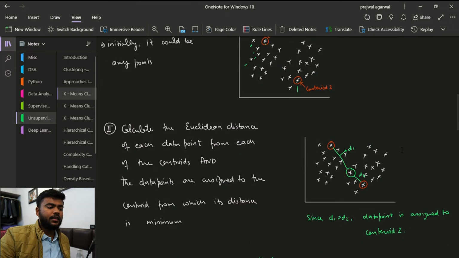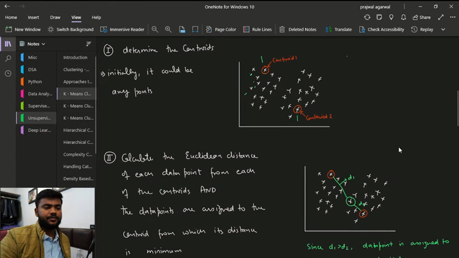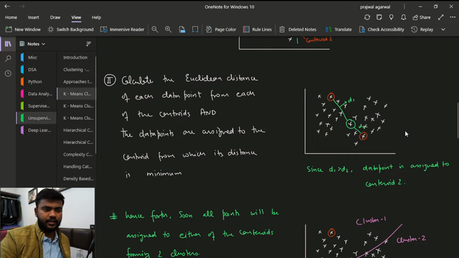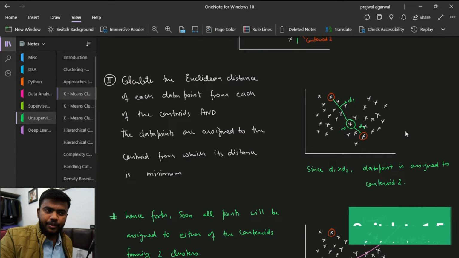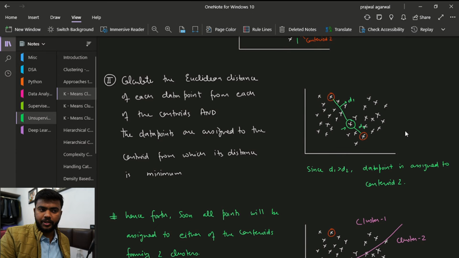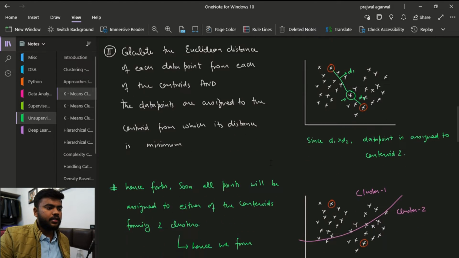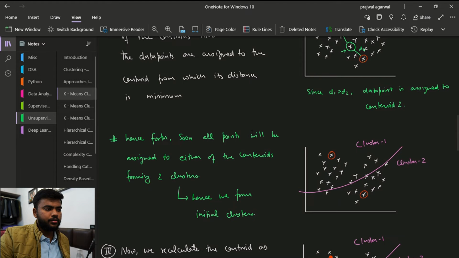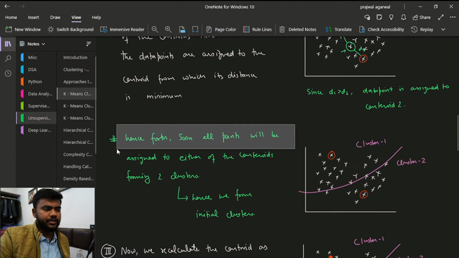For example, for this data point, we have calculated its distance from this centroid and its distance from this centroid, and then we assign that data point to the cluster whose centroid is closest to it. Since d1 is bigger and d2 is smaller, this data point is assigned to this cluster.